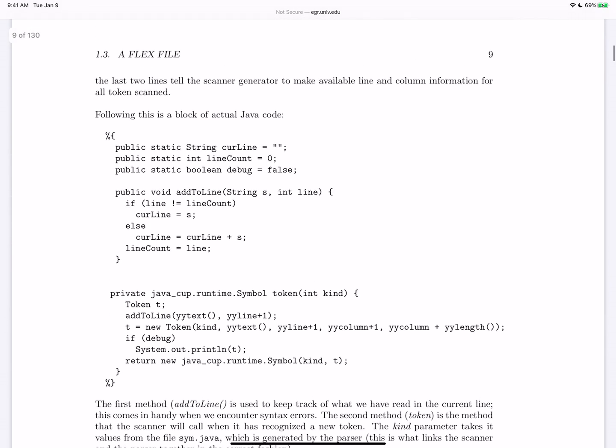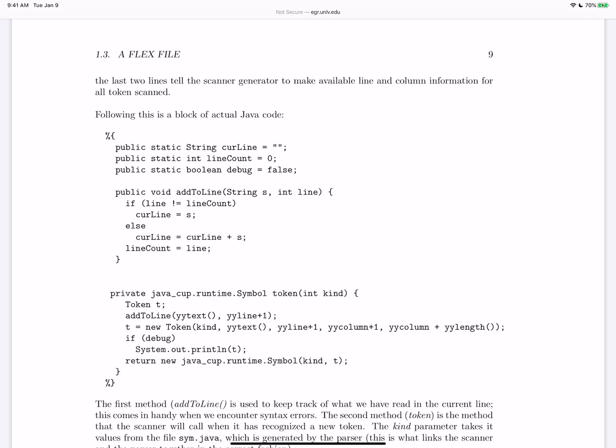Then there's a little bit of Java code, and if you look at it, you can see that we keep track of what's in the current line. We count the number of lines. Where do we put these options? Oh, they're already in there. Yeah, they're going to be in the flex file. I'll show it to you. I put it all in for you. All that nonsense that makes no sense is already there in the handout. So don't sweat that yet. I just want to go through this part first, and then I'll show you what the actual file looks like.